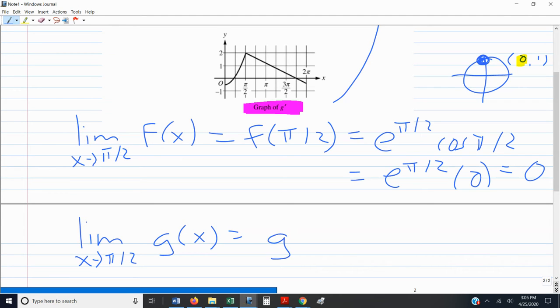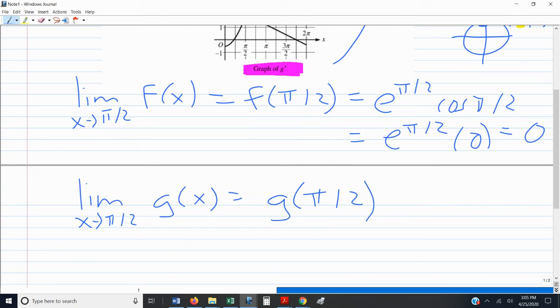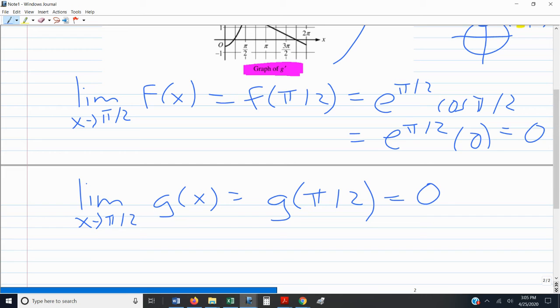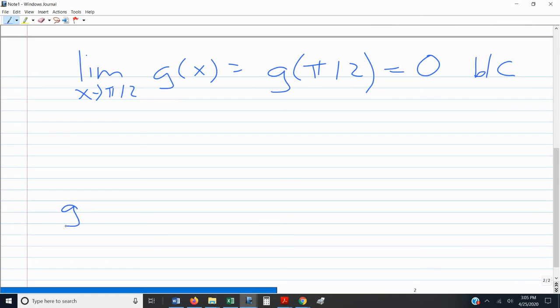And when you plug in the pi over 2, that was given in the question that pi over 2 is equal to 0. Okay, I find this part very tricky, so I'm going to write "because." So they're needing you to write something else here. They gave you this input and output in the question, but what is very tricky about this is, let me